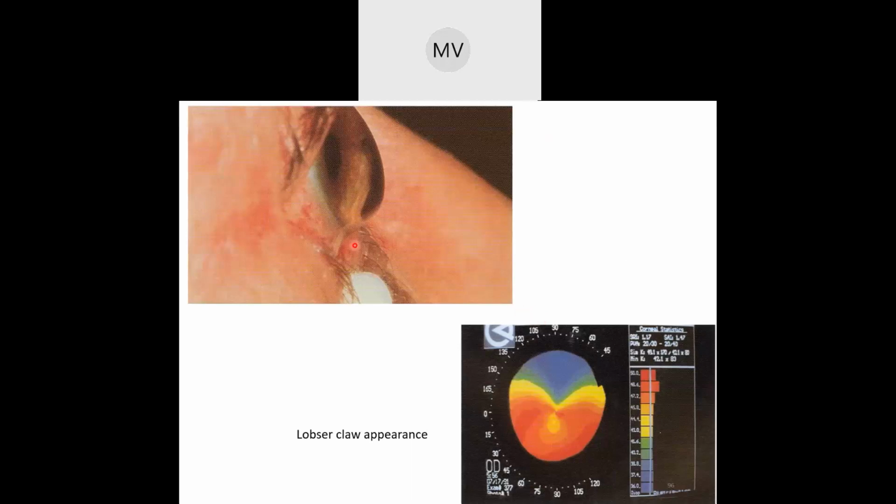So over here, the main difference is that the inferiormost portion, which is somewhat near to the limbus, is protruded out, and the central or superiormost portion of the cornea looks normal while observing in slit lamp. Especially while doing a topography, we'll be able to see a lobster claw appearance, like a claw of a lobster or a crab, which indicates pellucid marginal